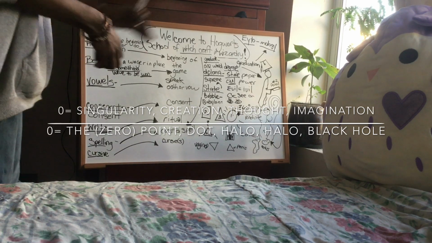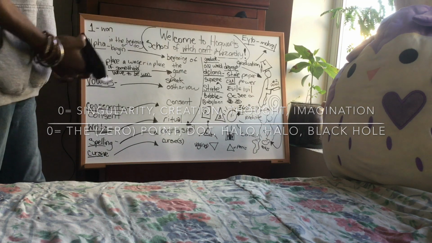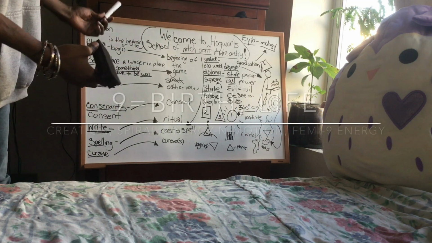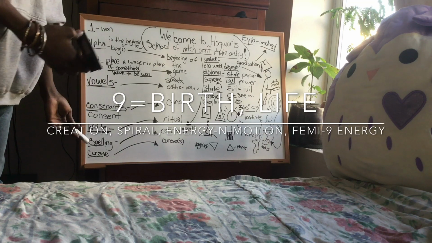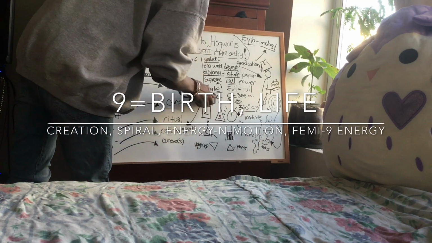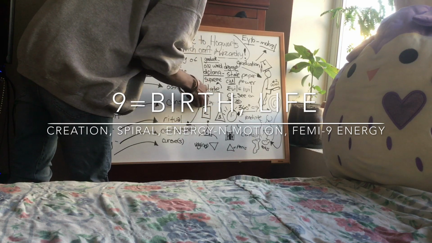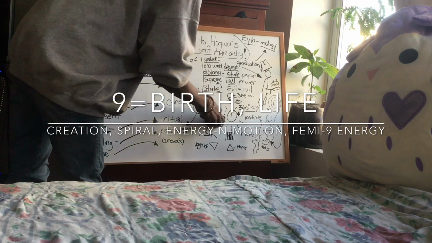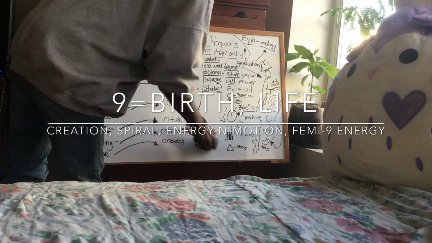Okay? So why is all this important? Why am I explaining all of this to you? What does this have to do with alphabets and vowels and consonants? I'm going to explain it to you. It has everything to do with it, because if you don't understand this, you're not going to know that you're being taken advantage of.